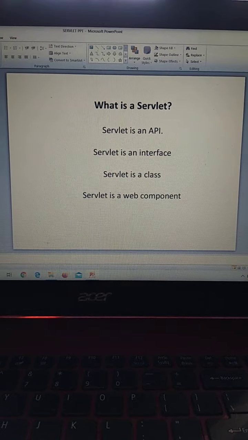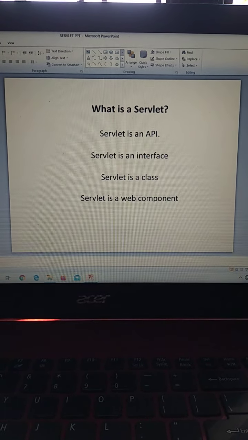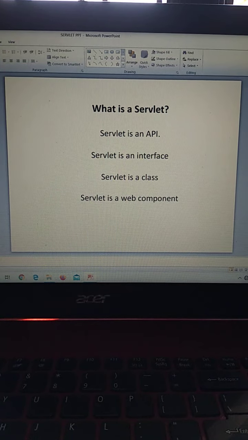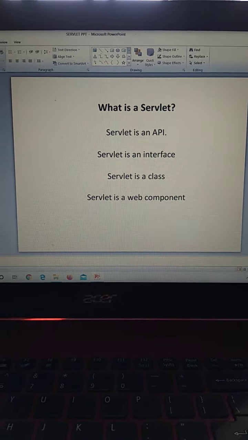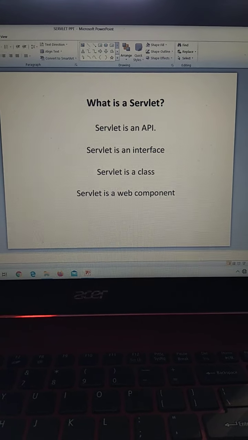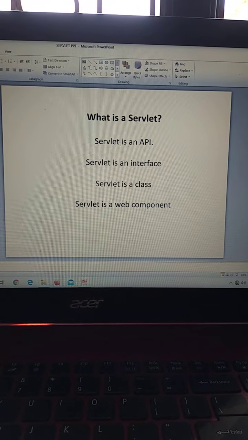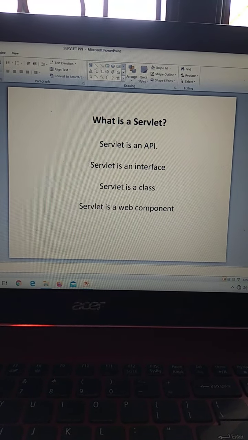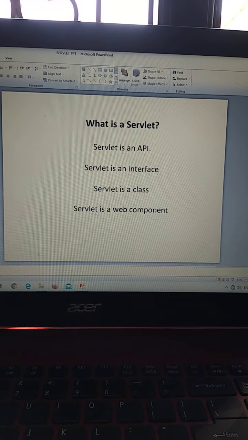The servlet is a web component that is deployed on the server to create dynamic web pages. Similarly, servlets are server-side components that provide a powerful mechanism for developing server-side programs. Using servlets, web developers can create fast and efficient server-side applications which can run on any servlet-enabled web server.